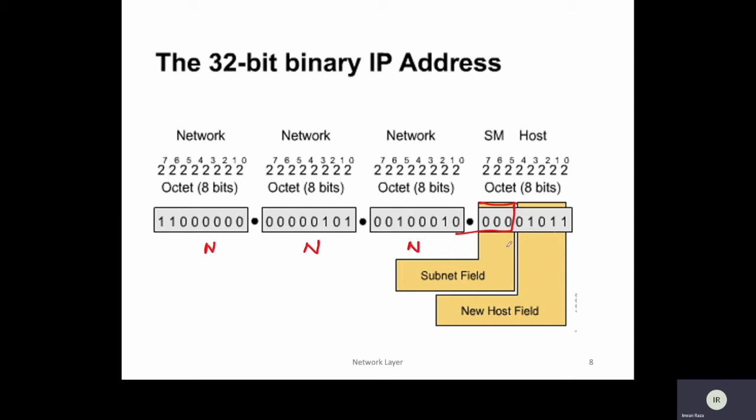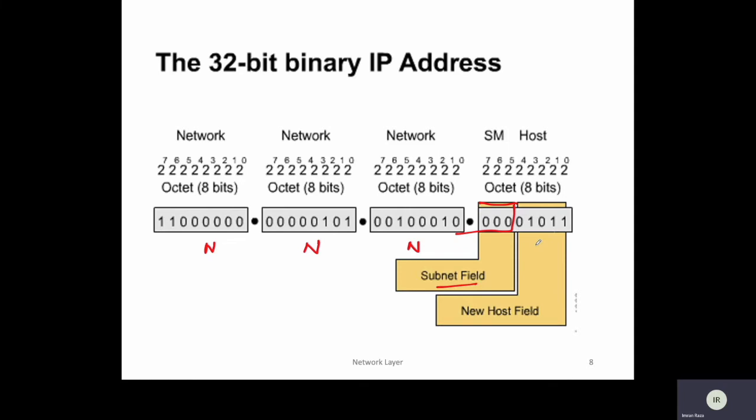So what we can do, for the sake of subnetting, is borrow some bits from the host portion here. Now these bits are called what? These bits are called the subnet field, representing the subnet. And we are left with, in this case, for example, 5 bits that we can use for assigning IP addresses to the machines inside a subnet. So the basic principle of subnetting is to borrow bits from the host portion to create smaller networks within a